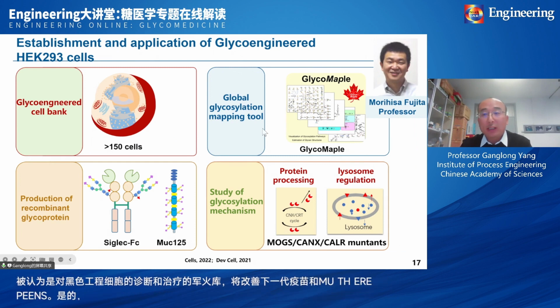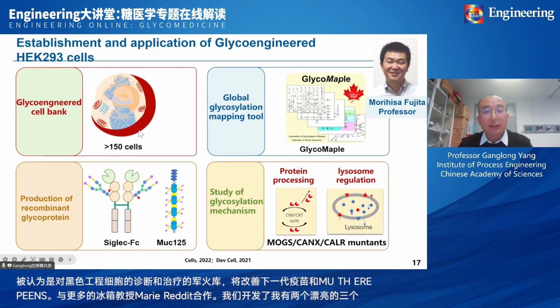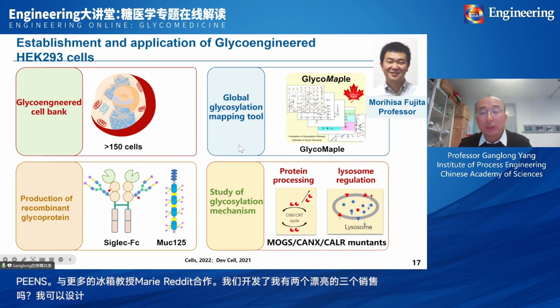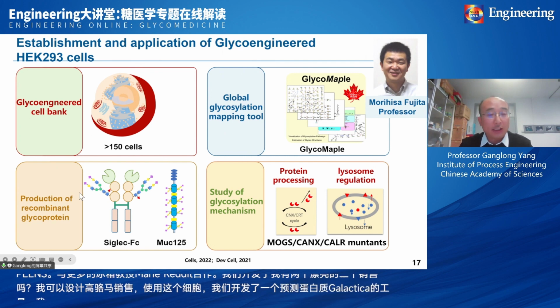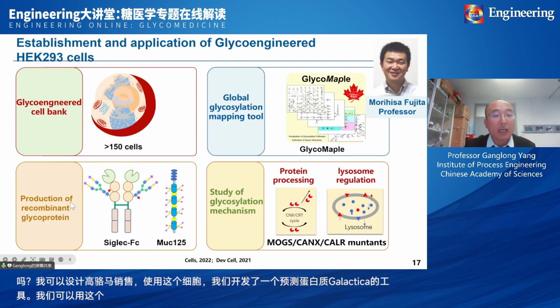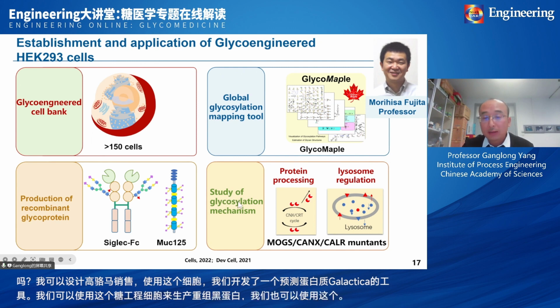Collaborating with Professor Morihisa Fujita, we developed glyco-engineered HEK293 cells. Using these cells, we developed a tool for protein glycosylation prediction. And we can use these glyco-engineered cells to produce recombinant glycoproteins. We can also use these cells to study the glycosylation process, like the